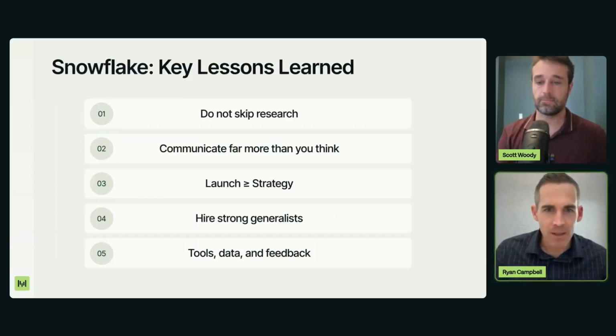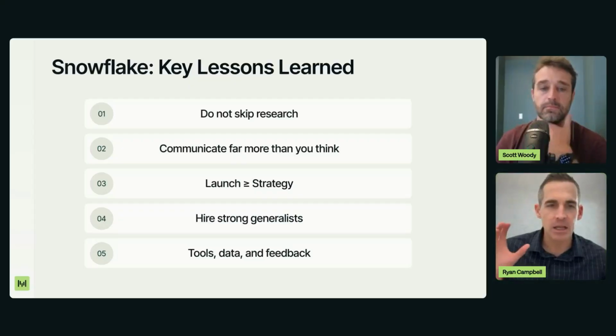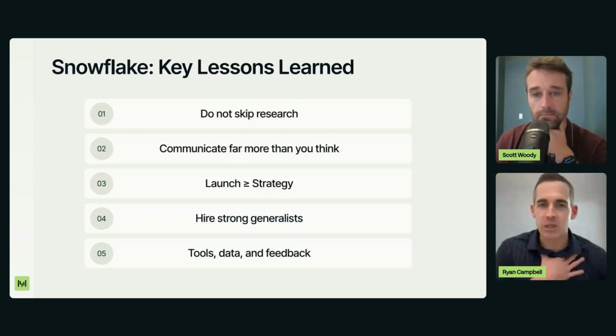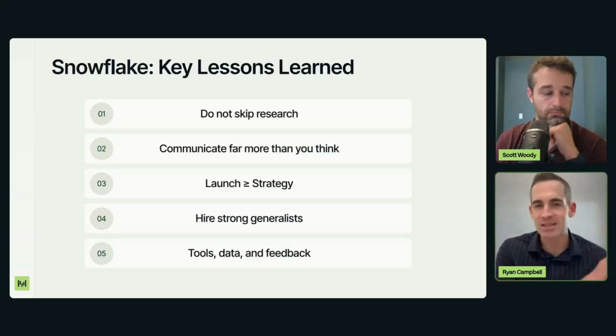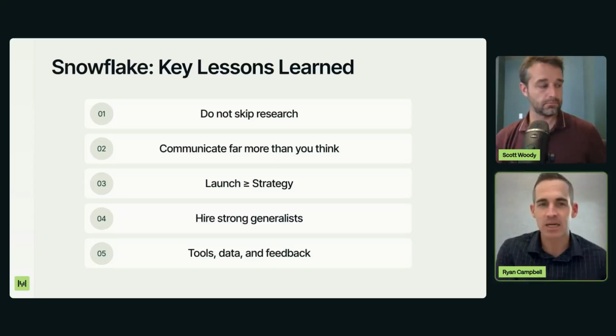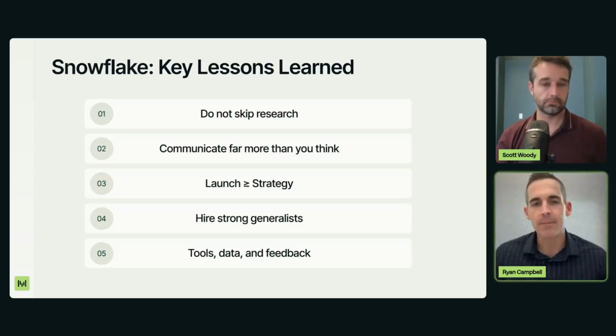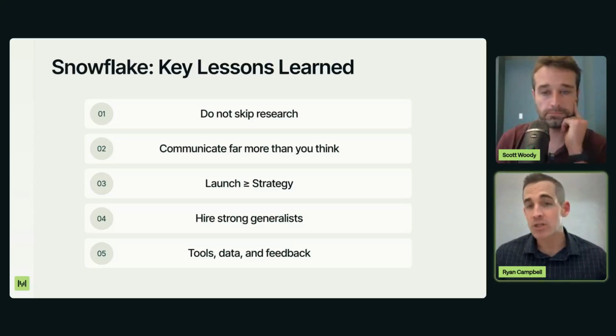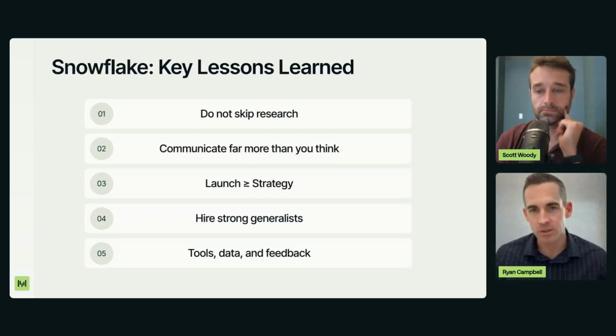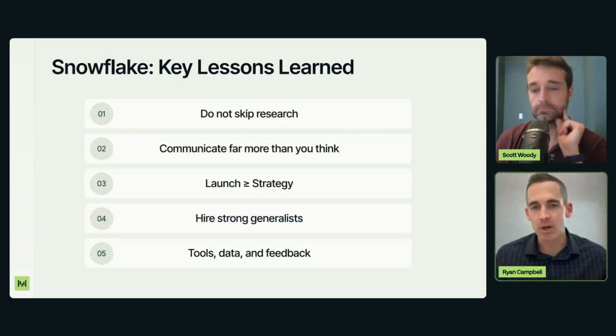All right, so with that, I wanted to recap by saying there's been a few things that Snowflake has learned as it's scaled that I just want to reinforce here. Some of these are in the 5 system steps that we had talked about, but some of them are also just things that I want to highlight. So first thing we talked about is do not skip the research. In my opinion, it is a very cheap way to figure out how close you are going to be to your hypothesis before you spin up a bunch of sales and marketing and a bunch of opportunity cost in the market with customers where your reputation's at risk.